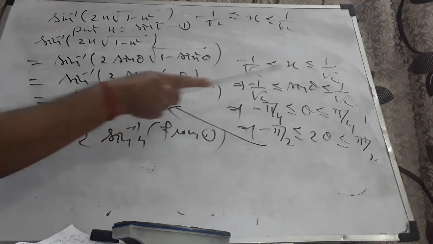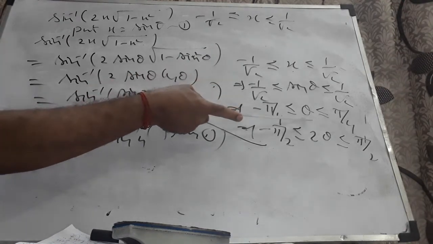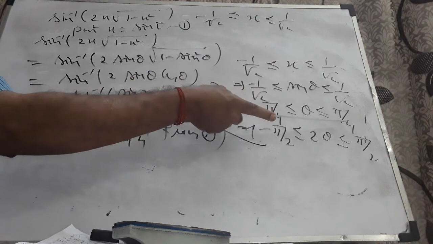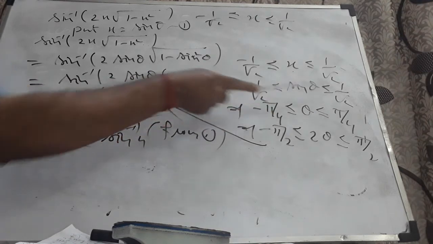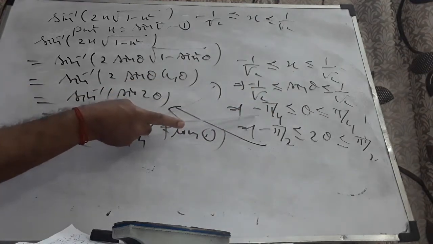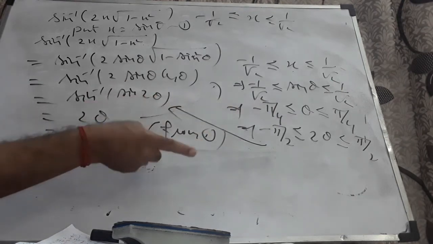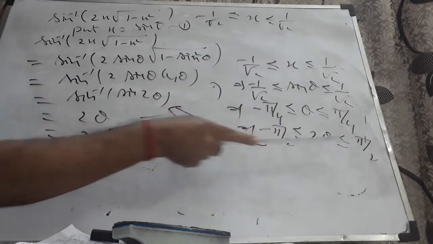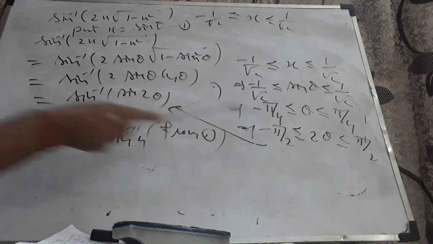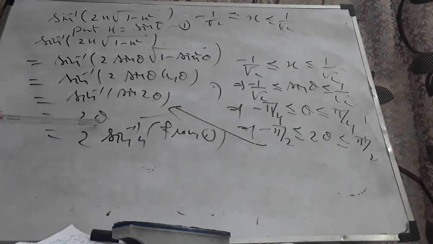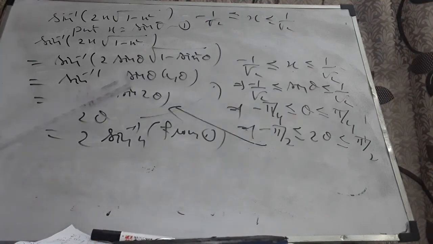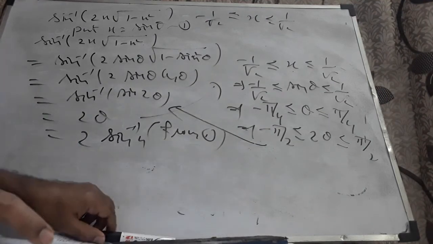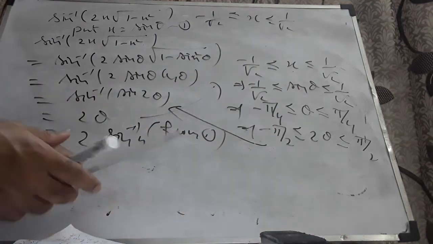X is sin theta. Therefore, sin inverse sin theta, I'll take it as theta. Sin inverse 1 by root 2 is pi by 4, because sin pi by 4 is 1 by root 2. Here sin inverse sin minus pi by 4 is minus 1 by root 2. Therefore, I take it as minus pi by 4. Multiply throughout by 2. Therefore, 2 theta lies in the principal value branch of the range of sin inverse function. Therefore, sin inverse sin 2 theta gets reduced to 2 theta. Theta is replaced by sin inverse x. Therefore, the whole thing gets reduced to 2 sin inverse x.